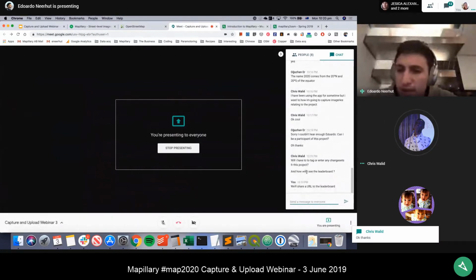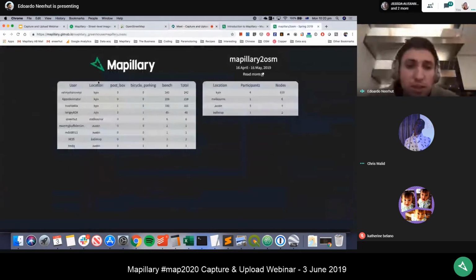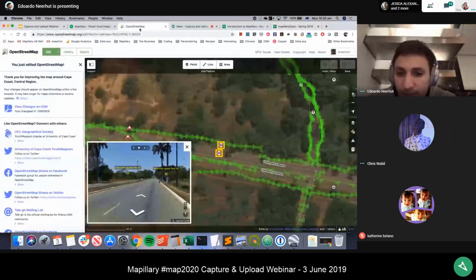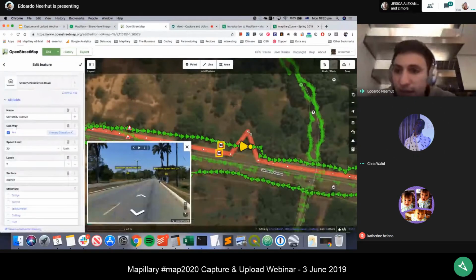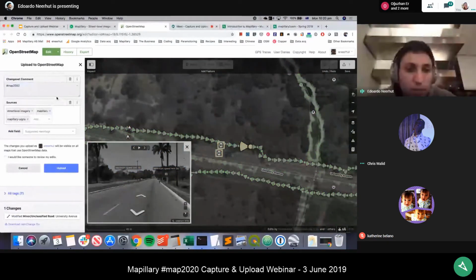Chris was asking about how to track the different map edits that take place in the second half of the challenge. That'll be a website that we'll share with you. That's what I was trying to show you here. Here we go, it's loaded now. It's going to look like this, and it will have the name of the feature that you've added, how many you've added, and then your score. It will track that because you've used the hashtag Mapillary 2020. So when you save, you just add the hashtag Map 2020, and we'll be able to track your changes like that.